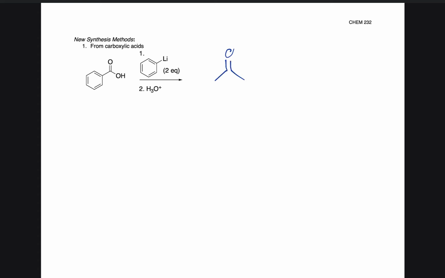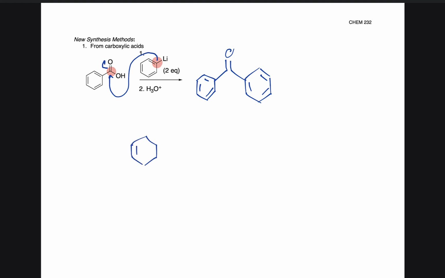When we have a carboxylic acid like this, we're exposing it to conditions similar to the Grignard, where we have this organometallic compound in two equivalents, and then acidic conditions afterwards. This grants us the following reaction, where we are just connecting the nucleophilic carbon here to the carbonyl. The mechanism for this is as follows. That nucleophilic carbon is attaching itself to the carbonyl here, and we're